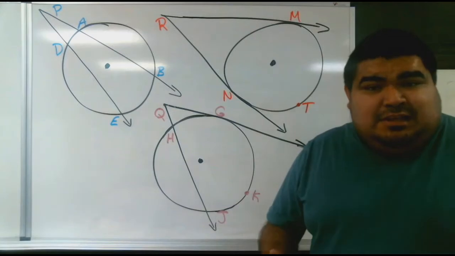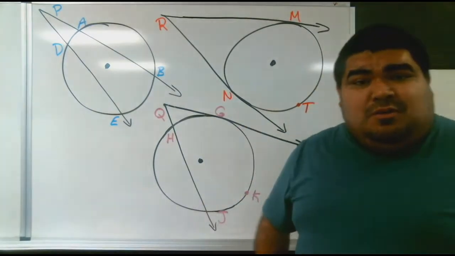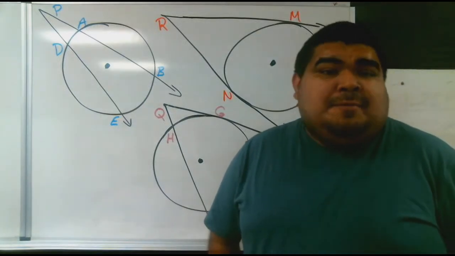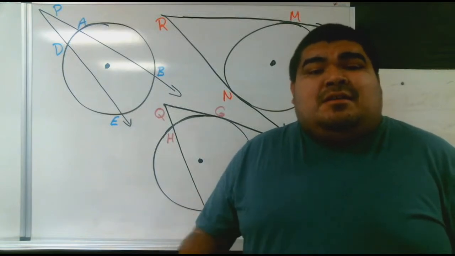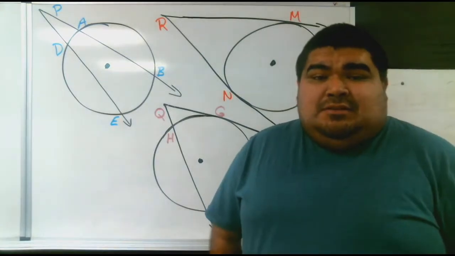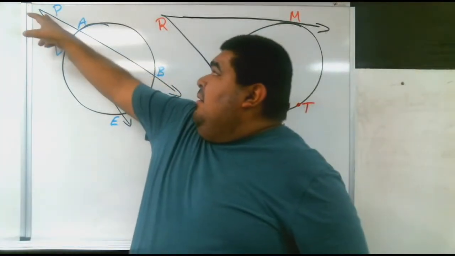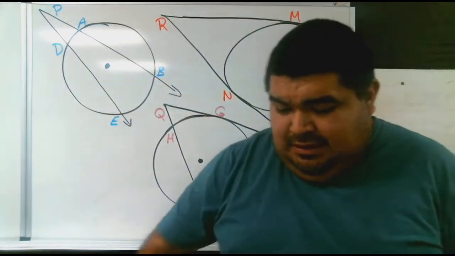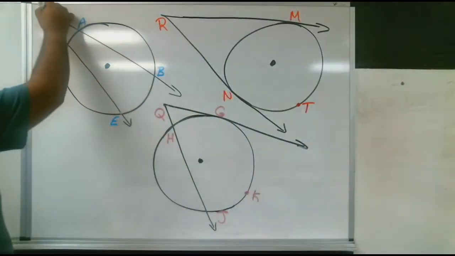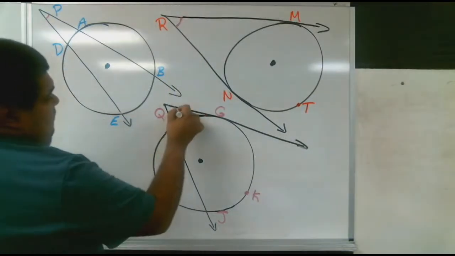You've been dealing with circles lately. You know parts of a circle, you know how to find the circumference of a circle, how to find arcs, how to find measurements, parts of the circle. Today we're going to find the measurement of a vertex. For example, if we were to find vertex P, if we want to find the measurement of vertex P, even vertex R or vertex Q,